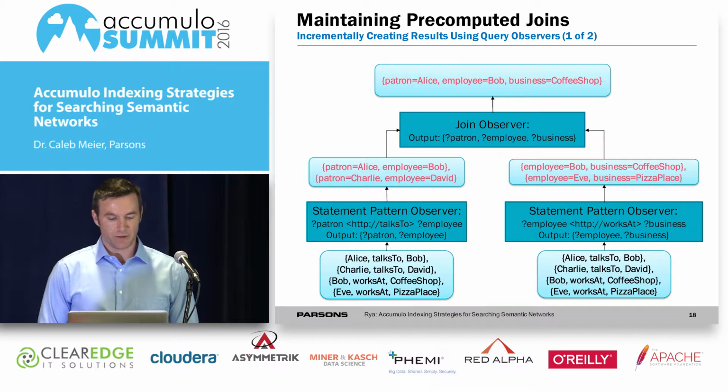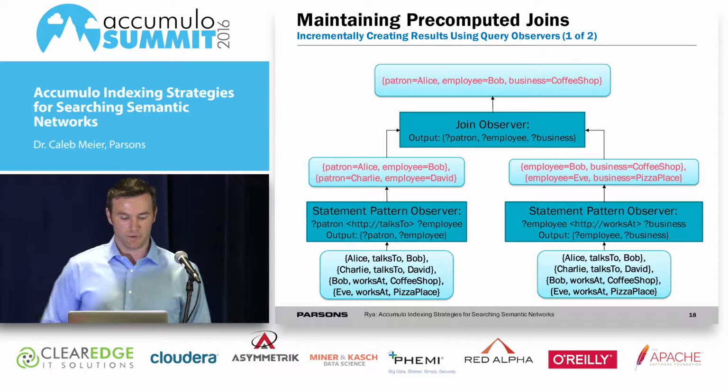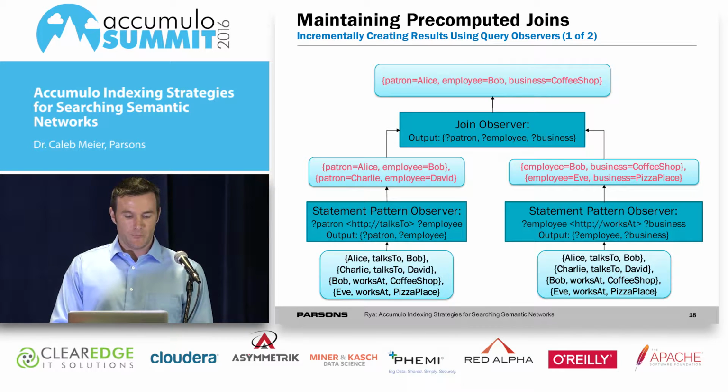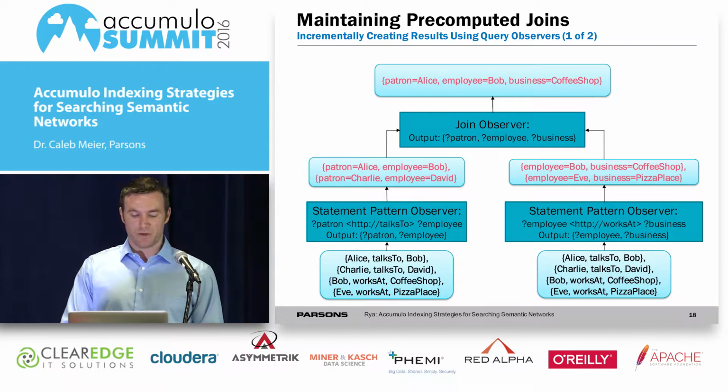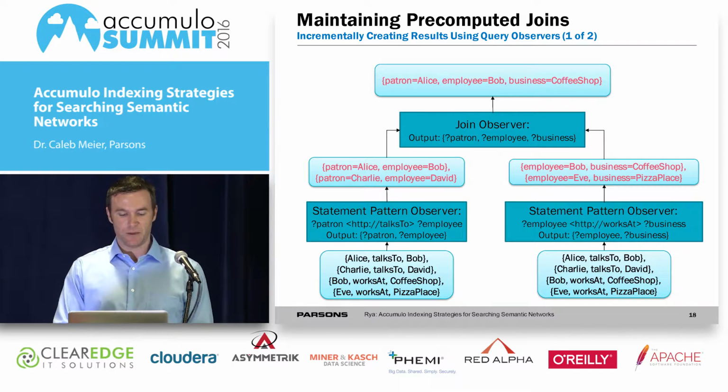Alice talks to Bob, Charlie talks to David, Bob works at coffee shop, and Eve works at pizza place. So we see that on the left, Alice talks to Bob and Charlie talks to David match the statement pattern on the left. And Bob works at coffee shop and Eve works at coffee shop match the statement pattern on the right. Then we essentially, the statement pattern observer will get the parent of the given statement pattern node and